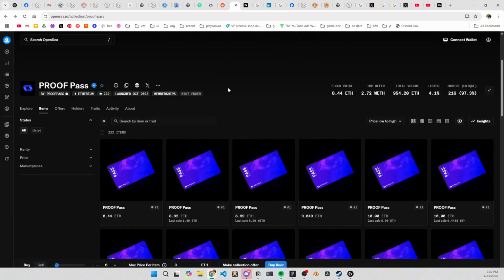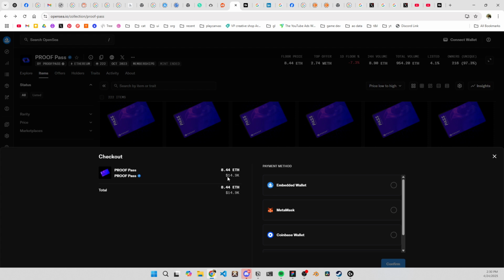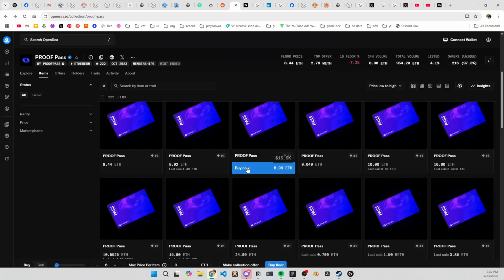So here's how I found this proof thing. These are NFTs that are for sale. This one's for sale for like $15,000. And I'm going to try and convince them to maybe help me for free. If they know what they're doing, they might be able to help. But like NFTs, if you know what these are, I don't know. I'm still trying to figure all this out. It's crazy.